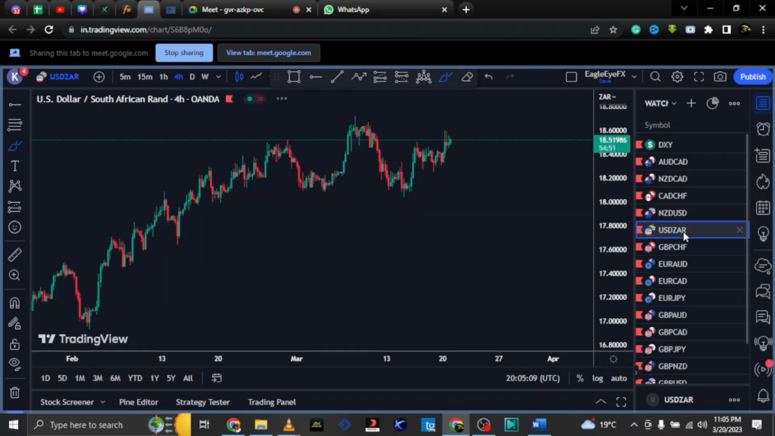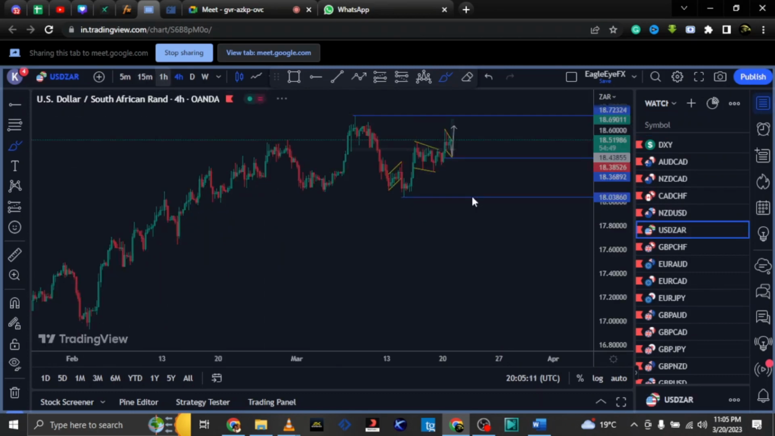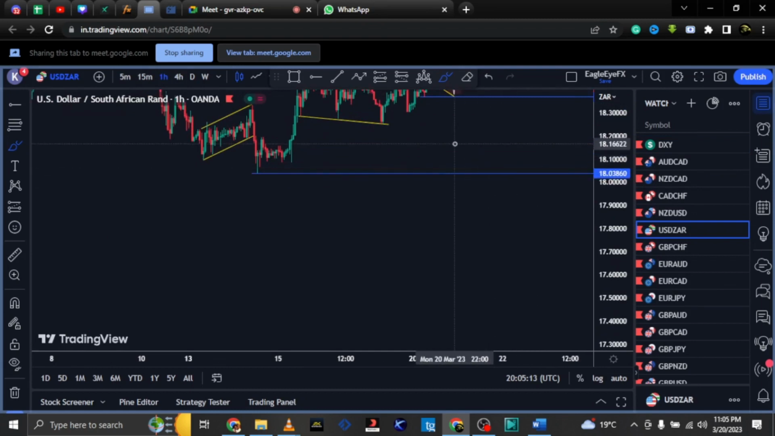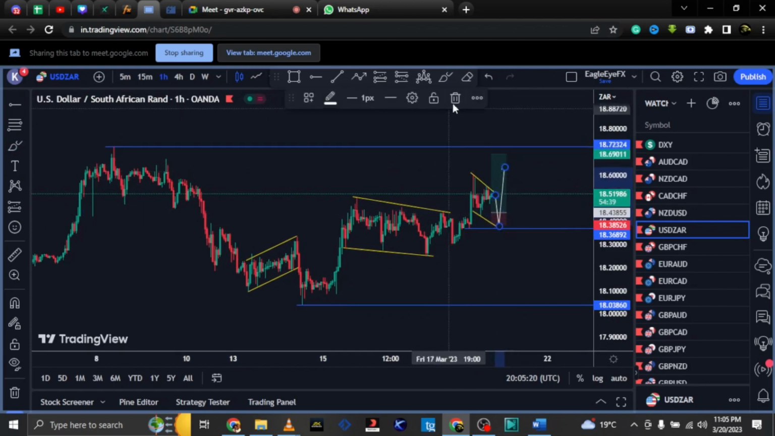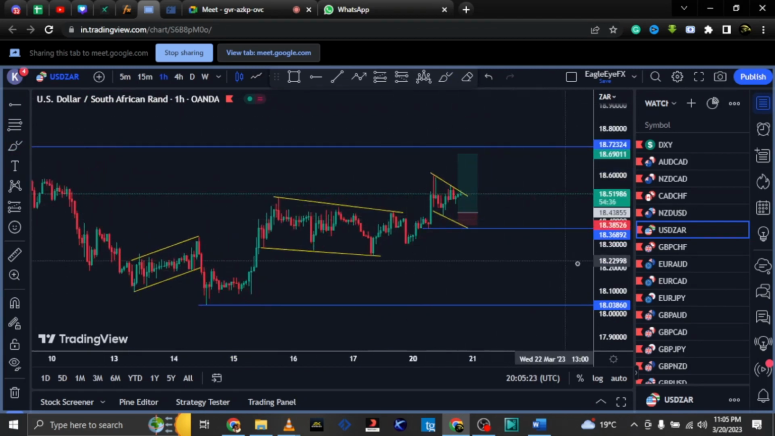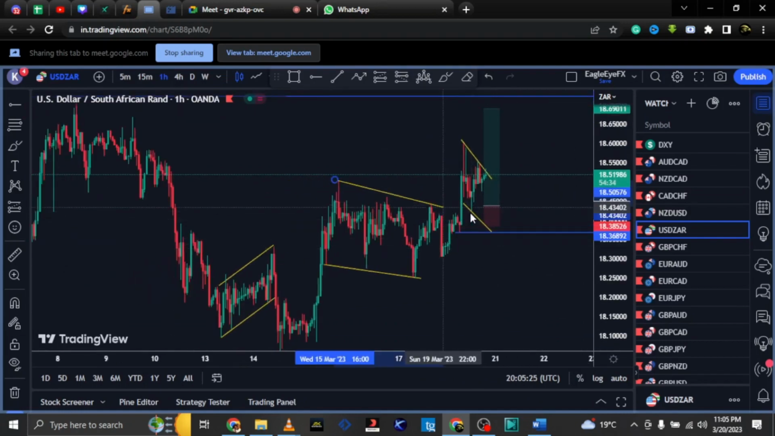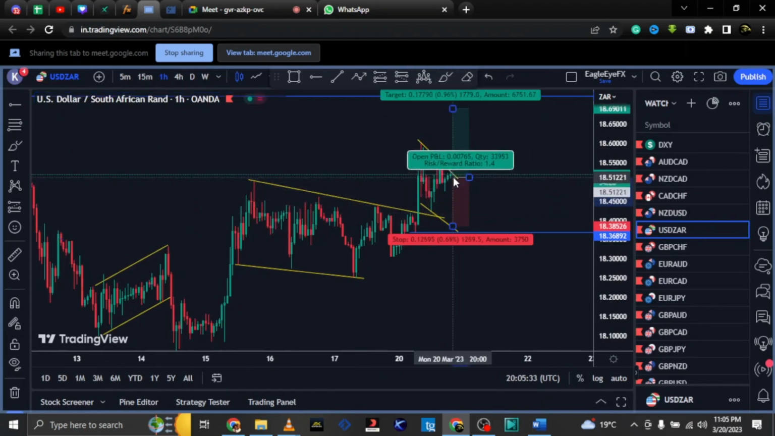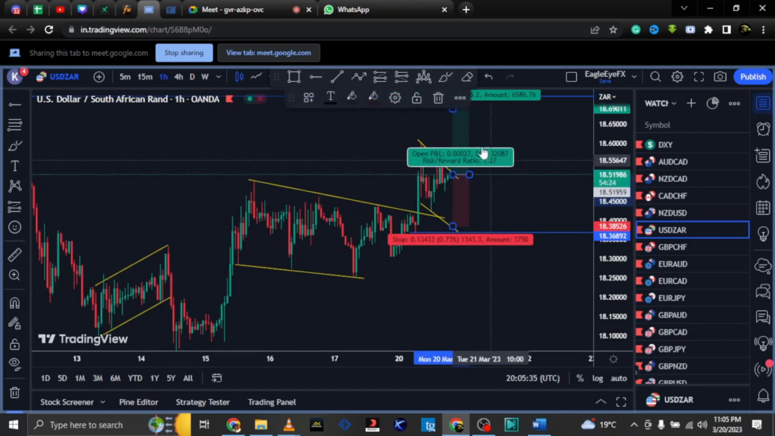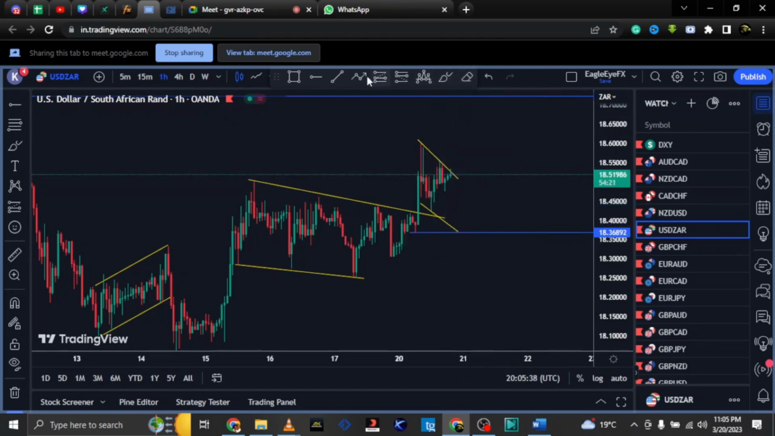Then finally we have USD ZAR. We had an impulse move, very clean breakout, and a breakout and retest. So we want to see, maybe because that's too big of a stop loss. You see, 1% doesn't make sense. So you want to see if we can come back and maybe give us some sort of double